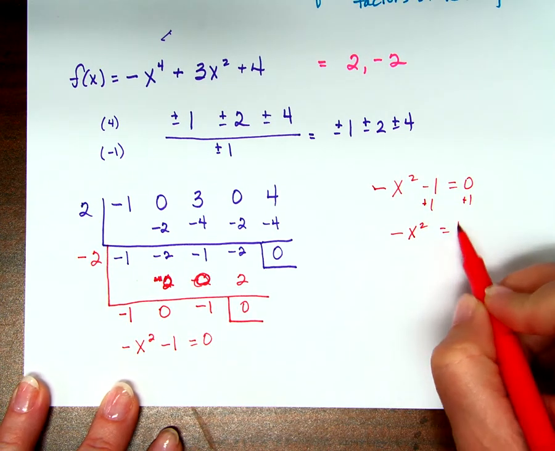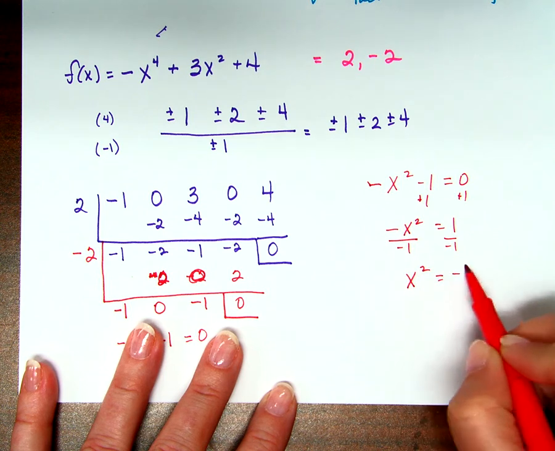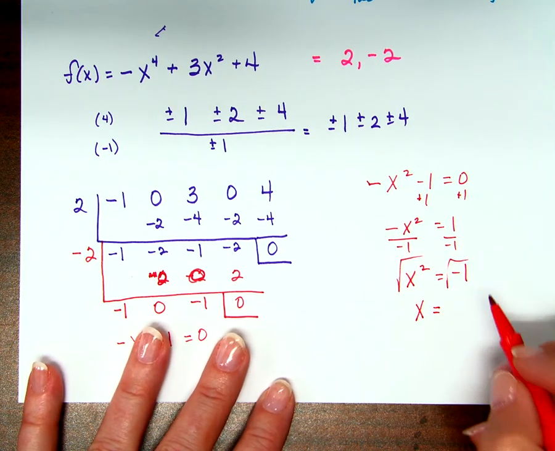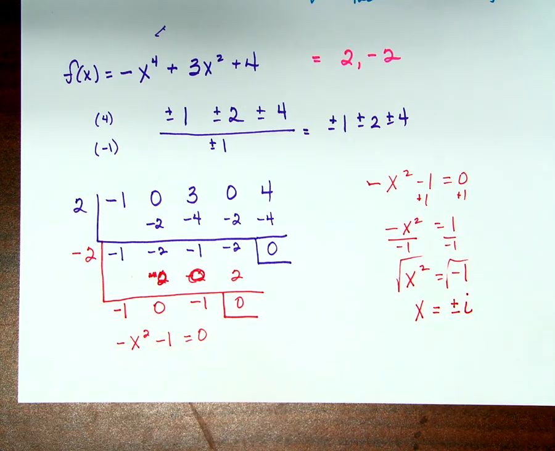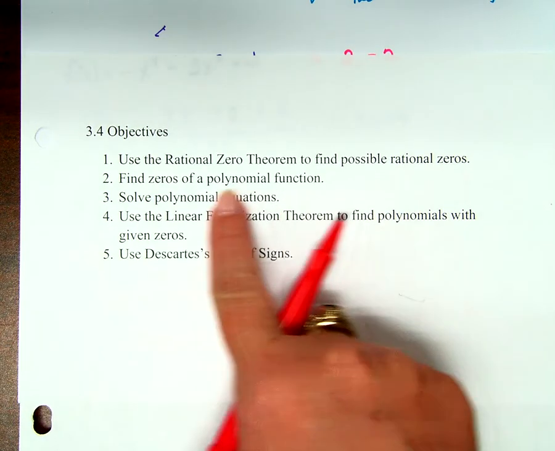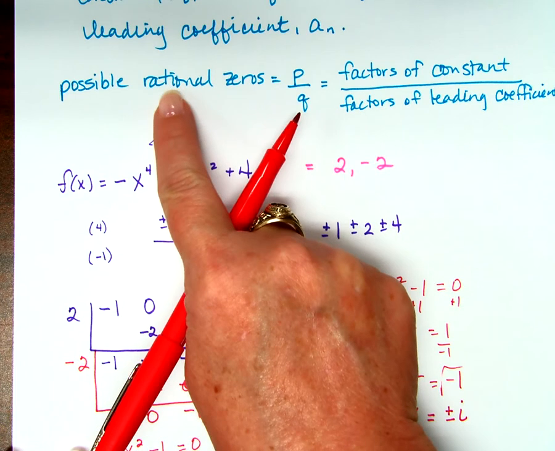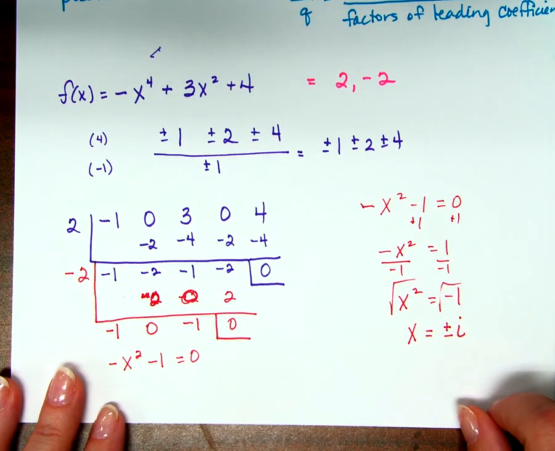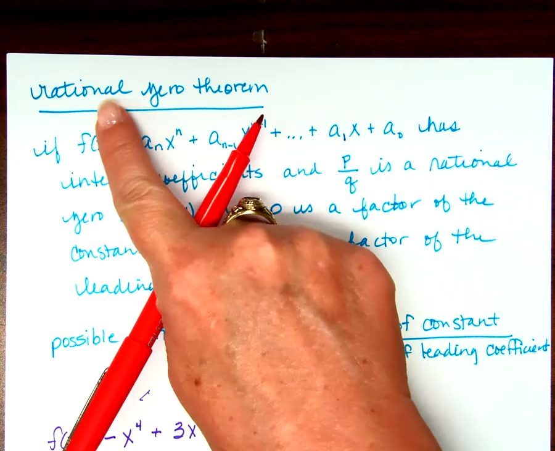Negative x squared equals 1. If I divide both sides by a negative 1, I get x squared equals negative 1. And what happens when I square root both sides? What does x equal? Plus or minus i. So the reason that we didn't find the other two zeros when we were trying to is because this gives us all of the rational zeros, and these two are irrational. Okay? So the rational zero function seems a little obvious by the title that it'll give us the rational zeros,